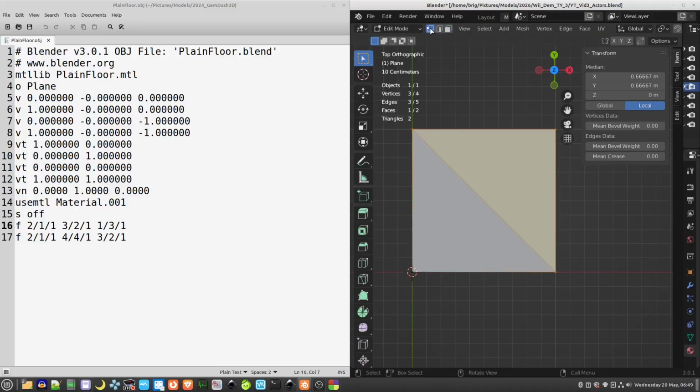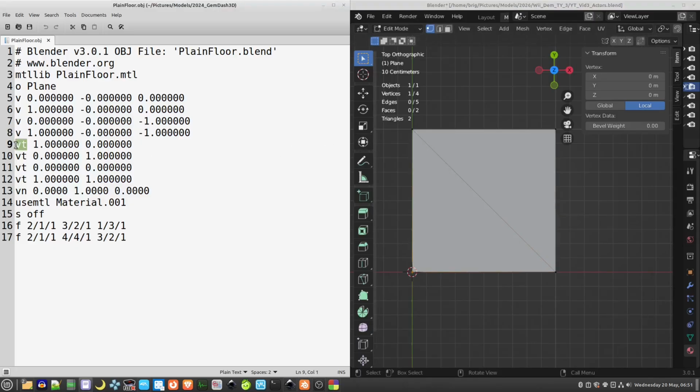And then if I go into vertex here, you can see the dots in each corner there, hopefully. So there's 4 vertex. So this vertex here would be at 0, 1, 0 on the Z plane. This one down here would be 0, 0, 0, which is, funnily enough, this one here in the text file. So basically anything with a V on it in this text file represents a vertex and its position locally in the model space, if you like. So there's 4 vertex which make up a plane,